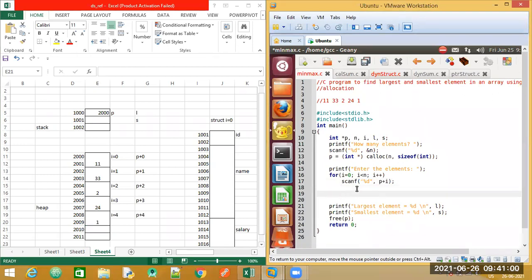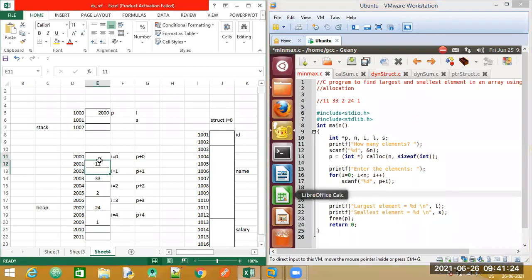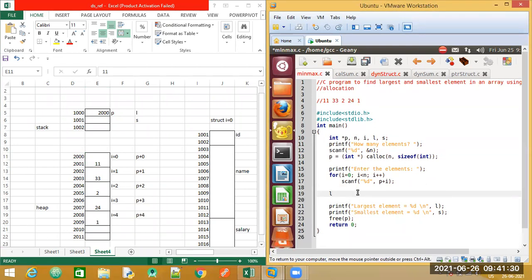So what is our assumption? Can anyone repeat? The first element of the array is the largest and the smallest. We need to assign it to the L and S. Yes, correct. So I have said that I have taken the variable L to represent my largest number. So the assumption is the first element is this. So how do we get the first element? We know that whenever we make use of the asterisk operator or the indirection operator, we will be able to fetch our first element. So I'm going to assign my first element to the variable L.